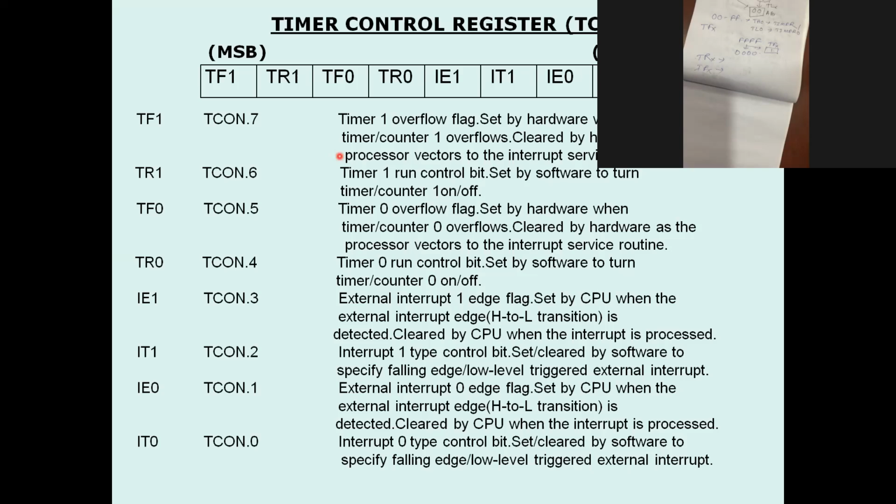Set by the CPU or set by the hardware, whatever you can write. Set by the hardware when external interrupt detected.